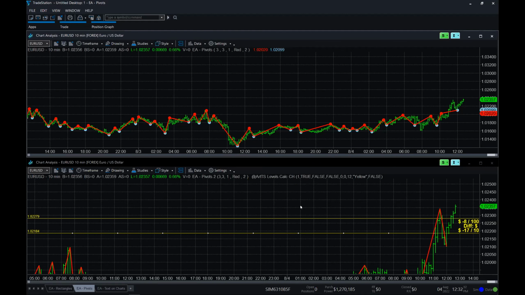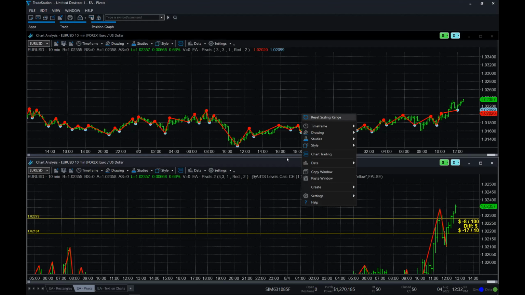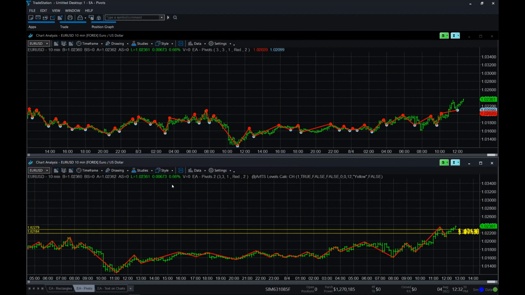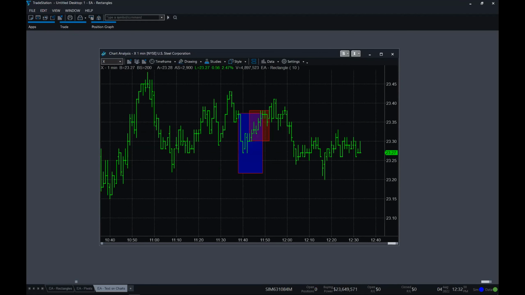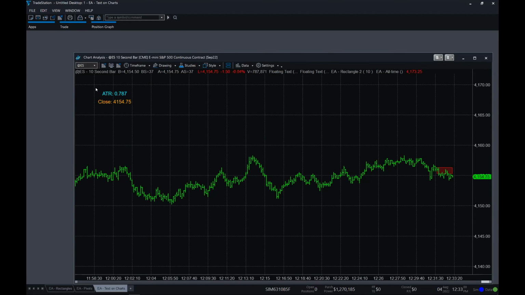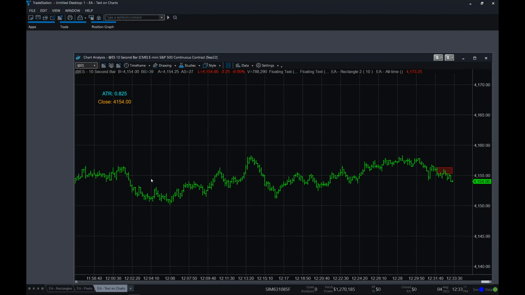I'm sure people here will enjoy having the more the merrier. So I think those were the 2. Oh, and this is just using the built-in floating text, so there's nothing new. It's the rectangle and the pivots. Anyone that wants to review the floating text, just watch the archived video and follow the steps.